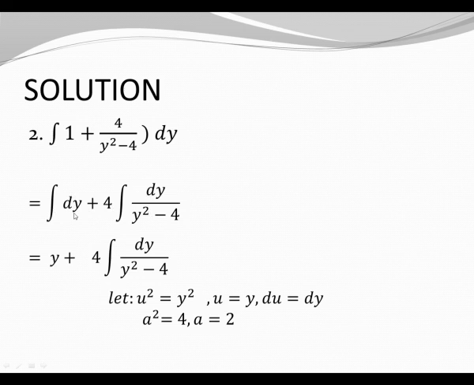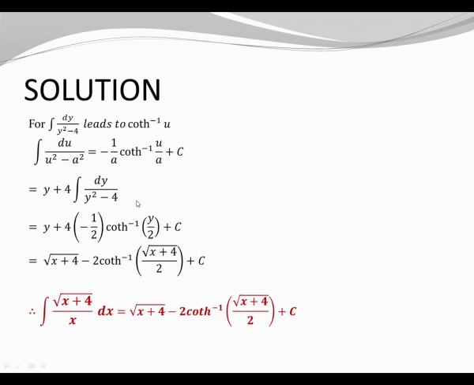So for the dy, obviously the integral is y. And then for the dy over y squared minus 4, this is actually an integral leading to inverse hyperbolic cotangent, wherein there is a square minus a square. So we can consider that the y squared here will be u squared, and the 4 here is a squared. If u squared is y squared, then we can say that u is y. Then we can find the derivative of u as dy. Similarly, if a squared is 4, then a is 2. And then as I mentioned,